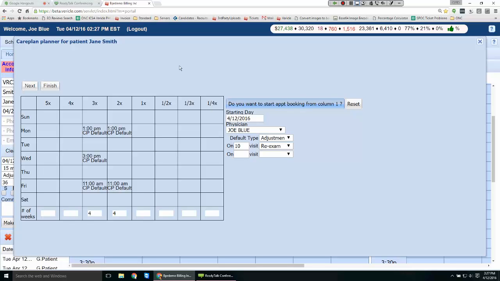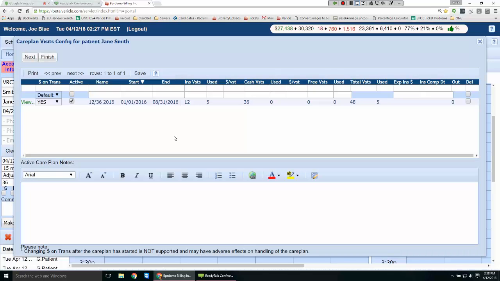All right, so I can hit finish and it would create the schedules, but I'm actually going to hit next instead. This is going to bring you into the older care plan view. I chose to show you guys the new version because I'm trying to get them to update this page so it has the new version as well. But this is just our older style of how you can create a care plan with those visits and how many are used. But I'm going to just skip over this since we already created our care plan